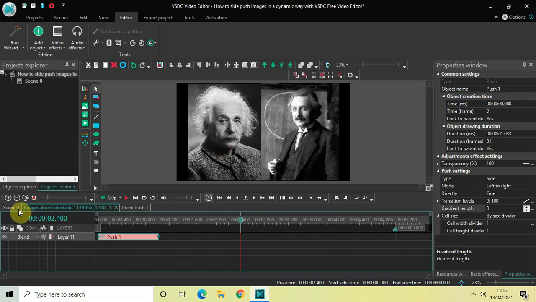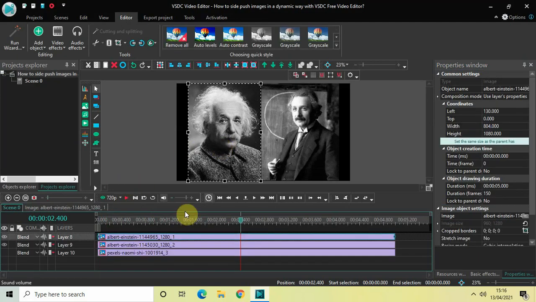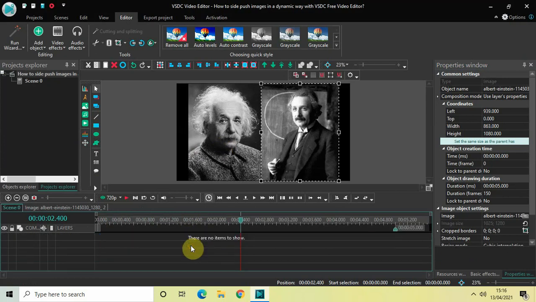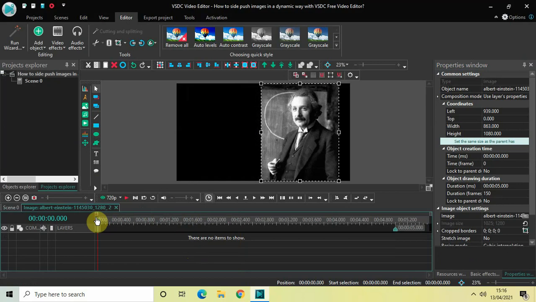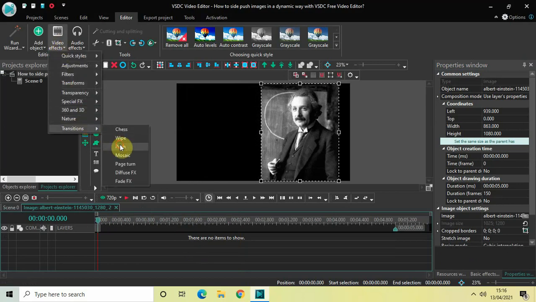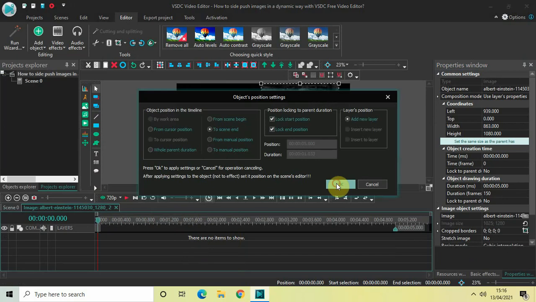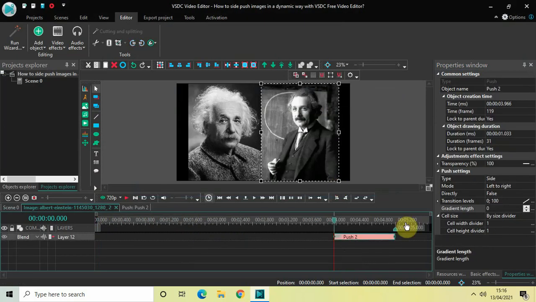And let me just go back to my main editing timeline, and now select my second image, and go to video effects, transitions, select push once again, and then click on OK. Now look inside the push settings. Type is already set to side, mode is left to right.